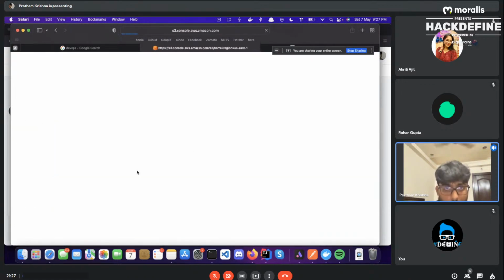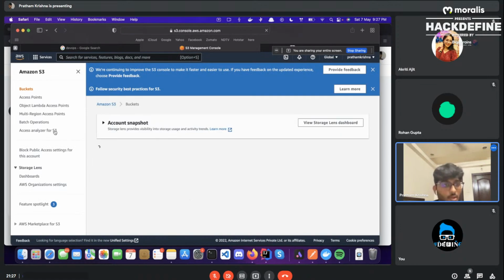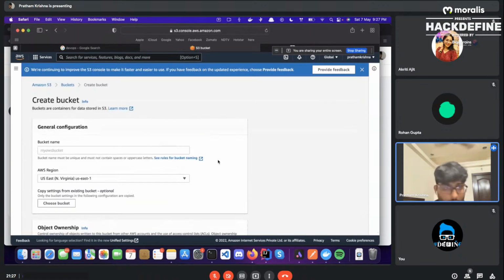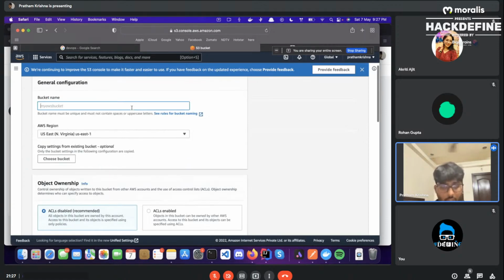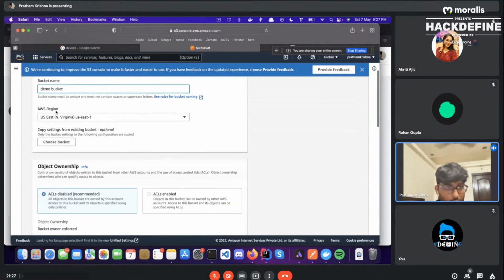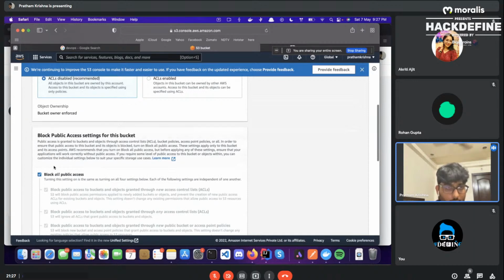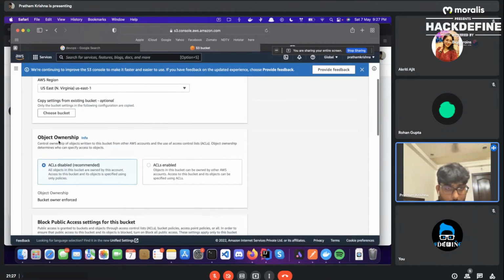Cool. So we're going to create a bucket and we'll just call it a demo bucket. AWS region is North Virginia. Block all public access. So yeah, cool. So object ownership.